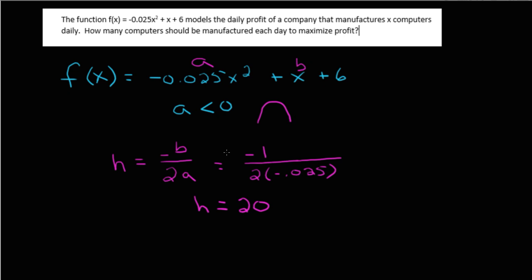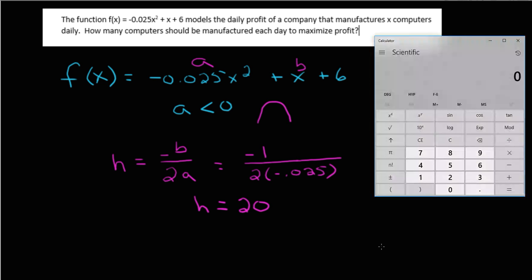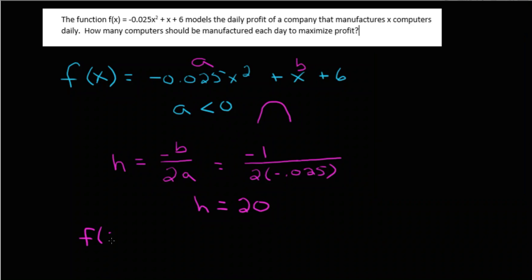And that's our answer. They want to know how many computers should be manufactured each day to maximize profit. Well, h is 20. That means the maximum value is going to be at 20. And if we wanted to, we could calculate that out. We could say 20 times 20, so that's 400. So we could say f at 20 equals negative